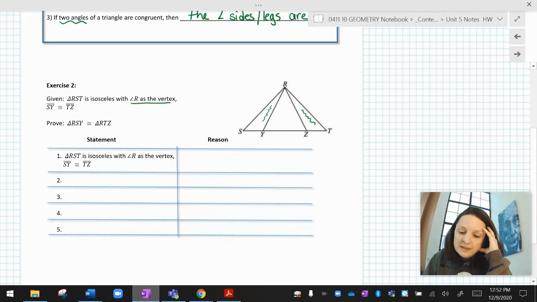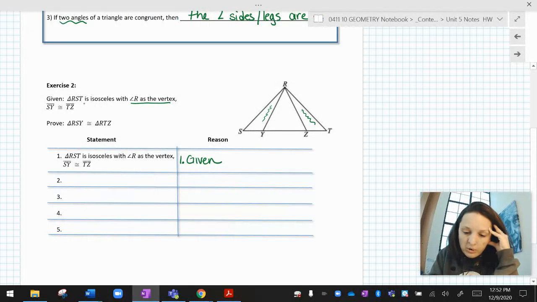So RST is isosceles with R as a vertex, SY equals TZ, prove that the triangles are congruent. Okay, well, RST is isosceles, fine, this was all given. All right, now let's go through the givens one at a time. RST is isosceles with R the vertex. Okay, so if R is the vertex and it's isosceles, I know that these are the legs and they have